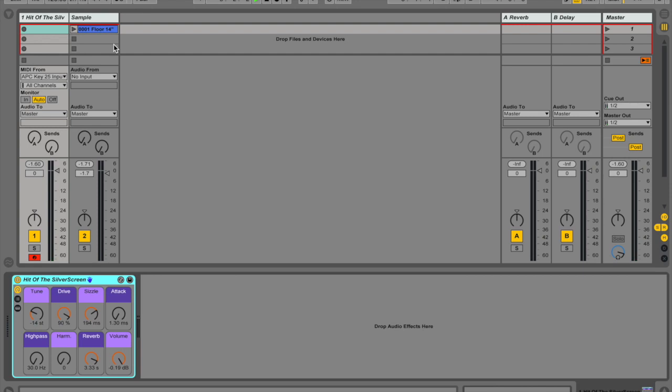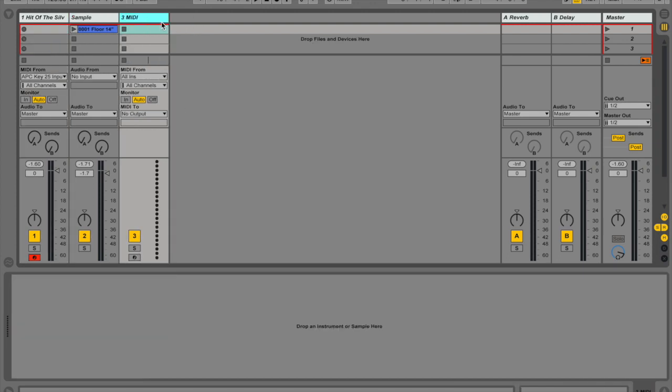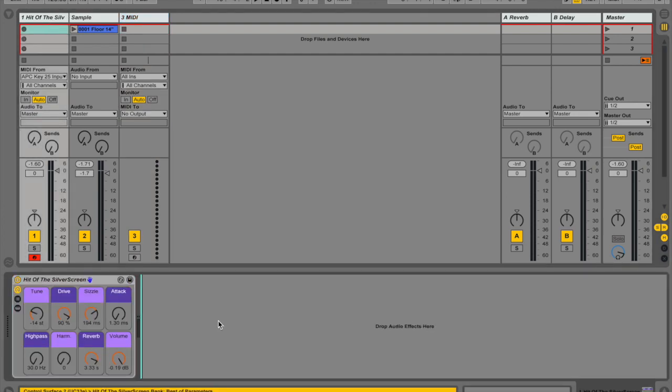So this is a sample that I recorded in my studio. It's a 14 inch floor tom, and it was recorded with stereo pair microphones in an XY configuration. Today's lesson is mostly about the power of sample processing in Ableton Live, and it will mostly revolve around Ableton's Sampler. Okay, so let's load up a new MIDI track, and we're going to roughly build something similar